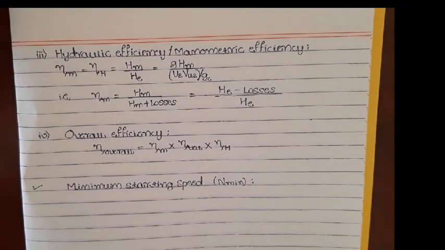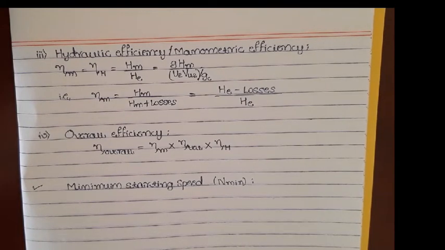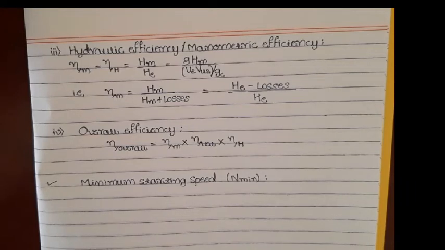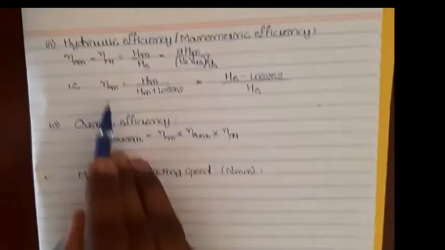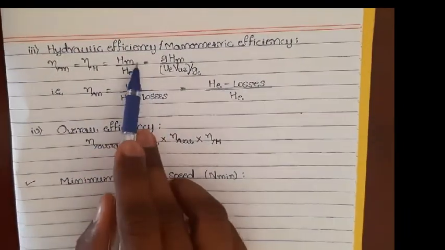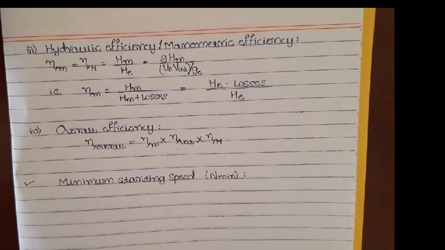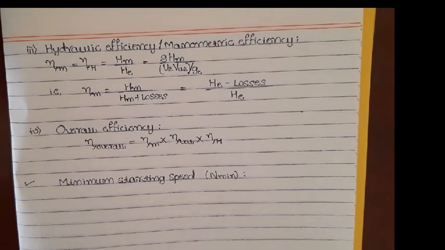Next one is the hydraulic efficiency, also known as the manometric efficiency. While discussing the terminology of centrifugal pumps, we know that the whole pump works against a head called the manometric head, isn't it? What is manometric head? It is the total head which the pump has to overcome in order to start pumping. Note what this manometric efficiency is: it is the ratio of manometric head to the Euler's head. What is Euler's head? We already know: it is the head or the pressure difference which is developed by the impeller of the centrifugal pump, isn't it?